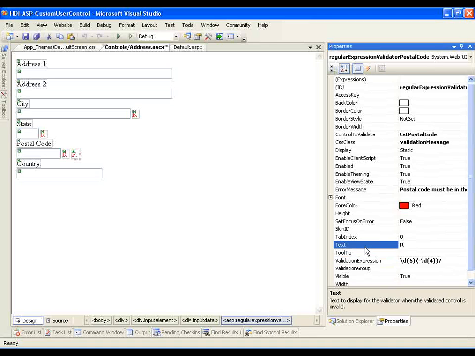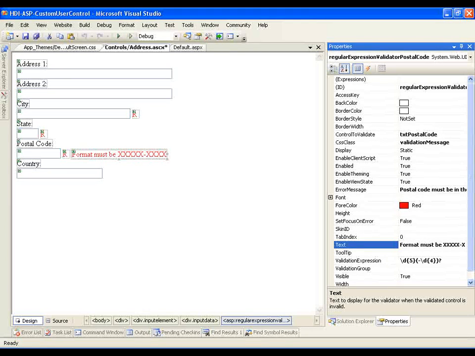And I'm actually going to go back to the text and let's put something a little more informative, and we'll say format must be. Now we could put more complex validation here if we wanted to, but the key point is that whatever validation we put here in our address user control will be applied consistently across the application or website wherever the user